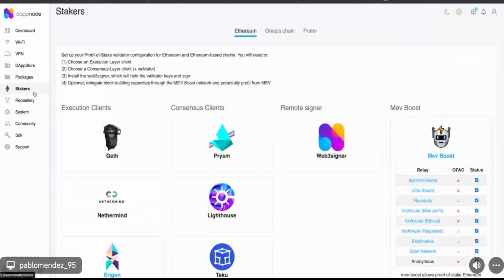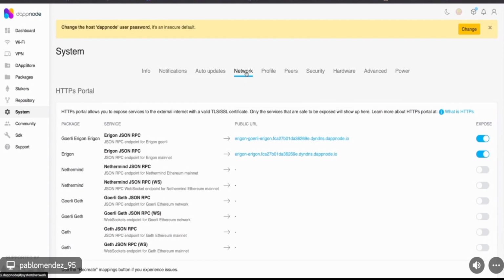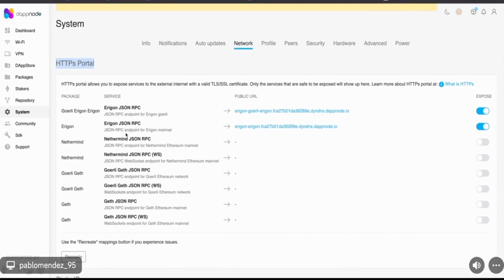So if you have a DAppNode and you go to system, to network, here is the HTTPS portal, and the default exposable services that are defined. But if you want to expose something specific that is not here, you just need to go to the package.